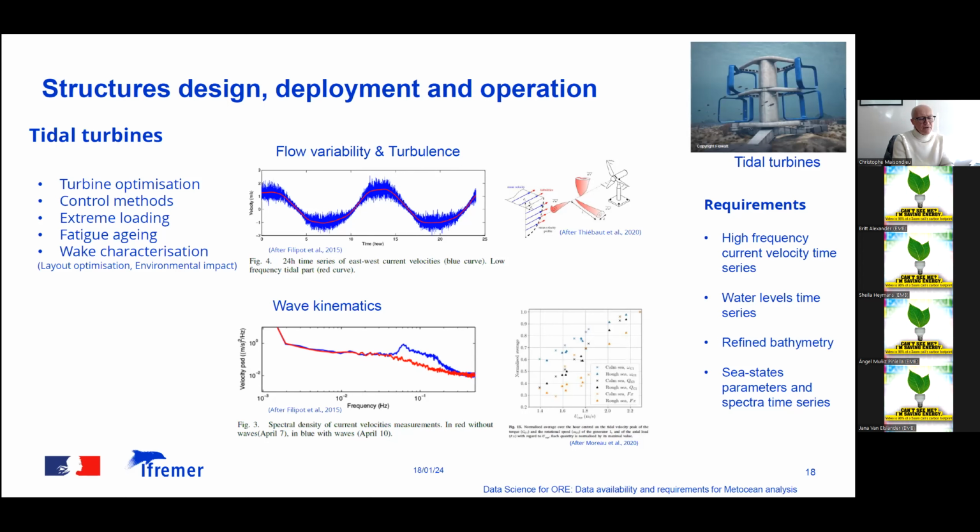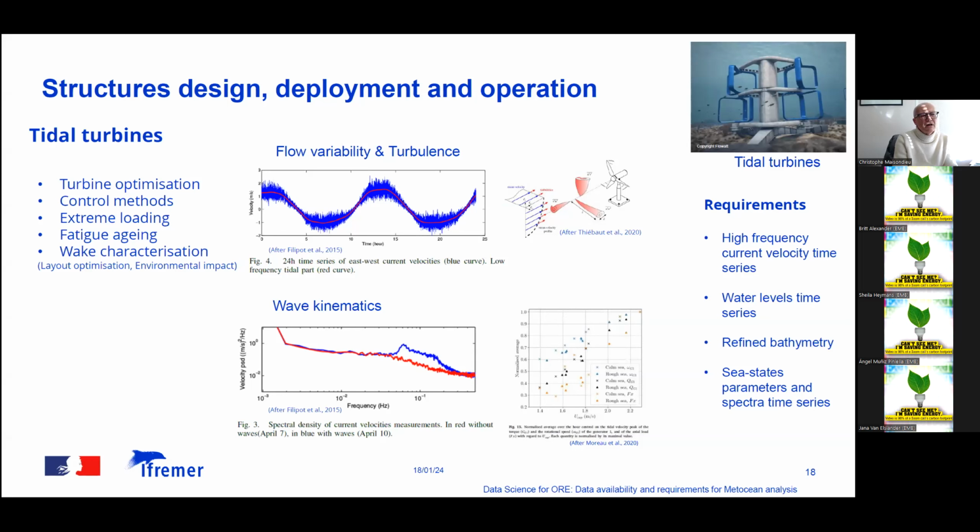In the case of really energetic flows that we have at the tidal energy production sites, what is really important is to characterize the flow variability and also the turbulence. It's relatively straightforward to get the mean velocity, but there is a strong variability and also turbulence structures in these flows. And these are really important for the design of the structure, because they really will affect both the efficiency of the machine and also their aging.